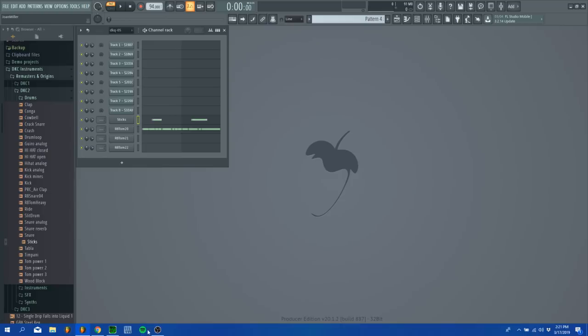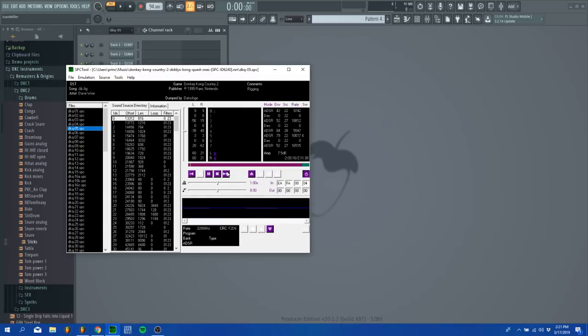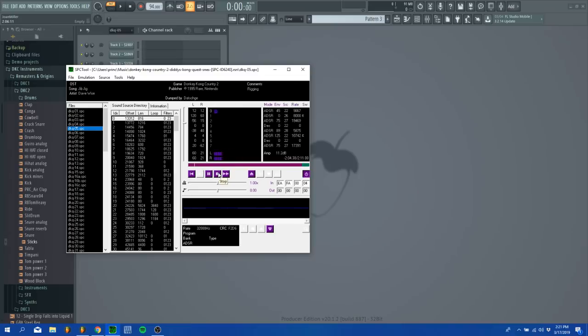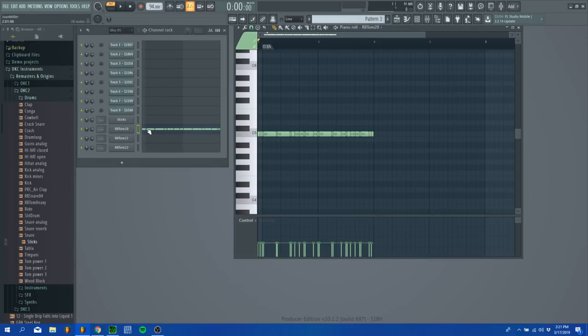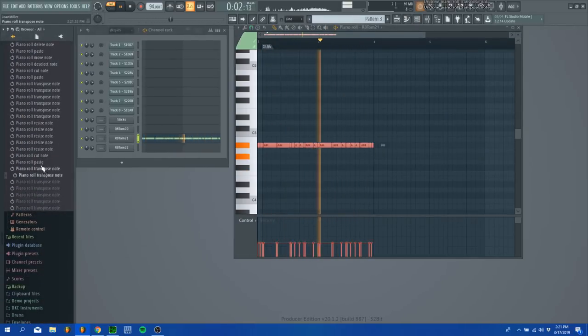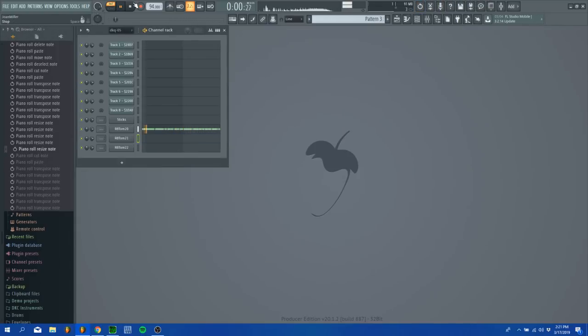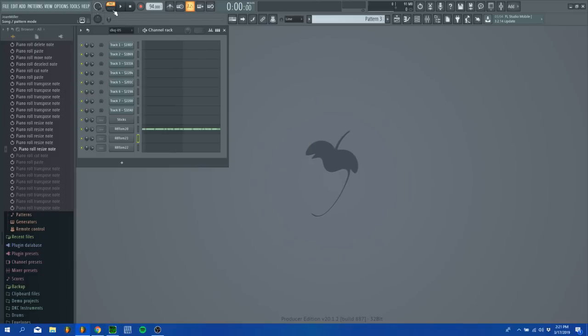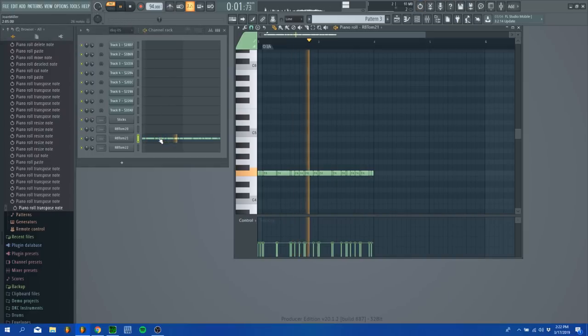Okay, so let's see what else we got. Just want to make sure that sounds right again. I'm not actually sure I like that better. Maybe I like this one better. Nope, I like that other one better. It's got that bass to it that it needs. Although not so much, maybe. Maybe I'll just remove it in the post. Or maybe